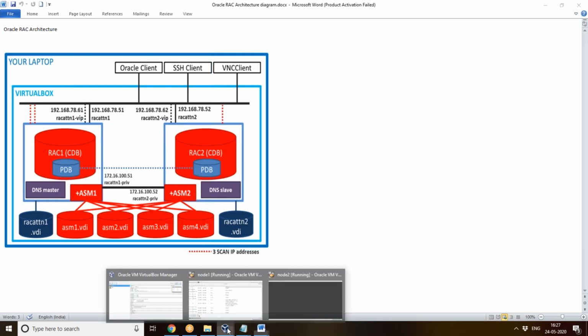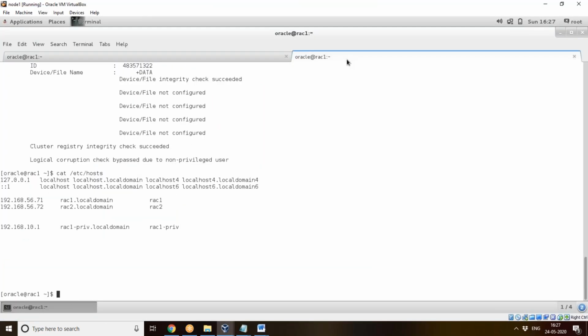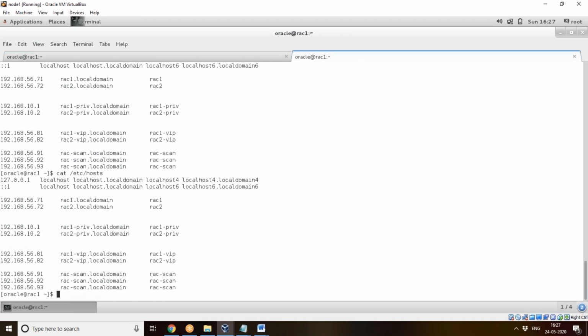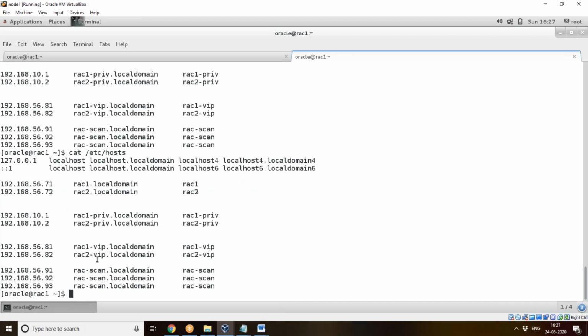So the same thing I have introduced here. So see, this is the public IP, and this is the private IP, and this is the VIP, and this is the scan.